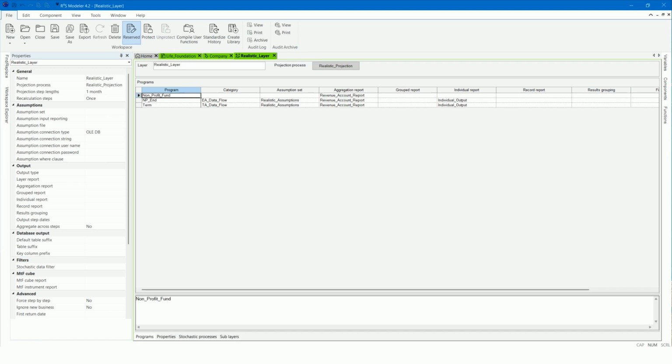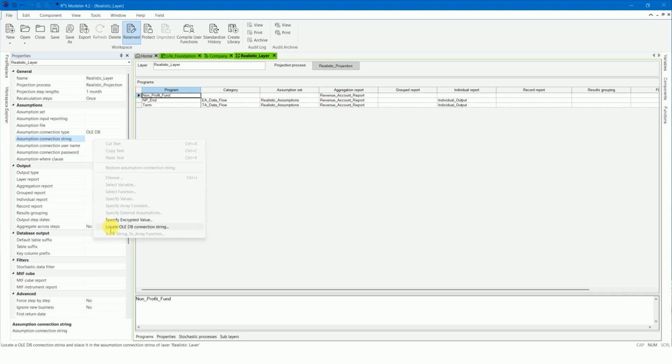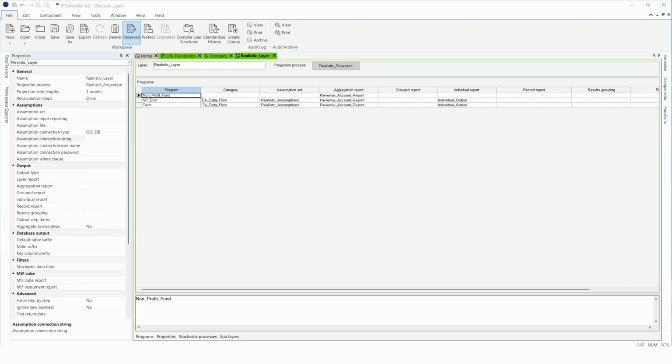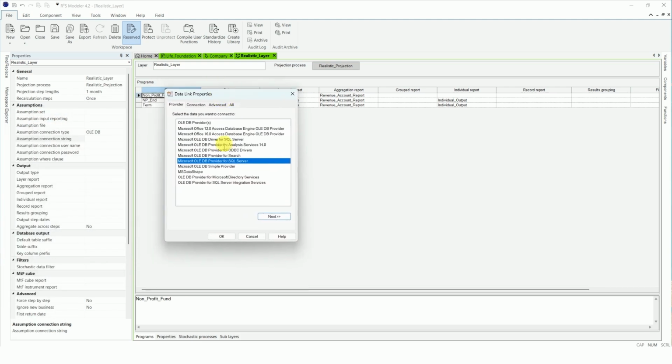Right-click in the External Assumptions Connection String property of the layer and select Locate OLEDB Connection String to select our Excel assumption file as we did previously.